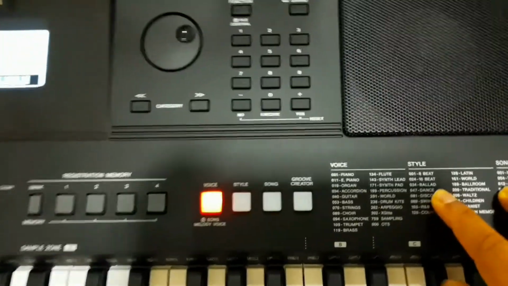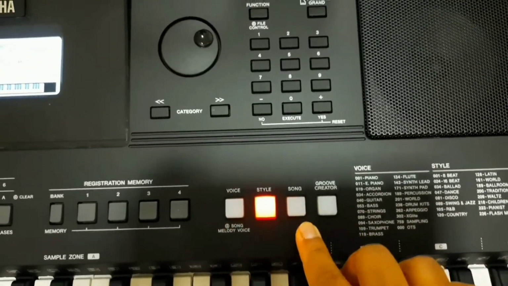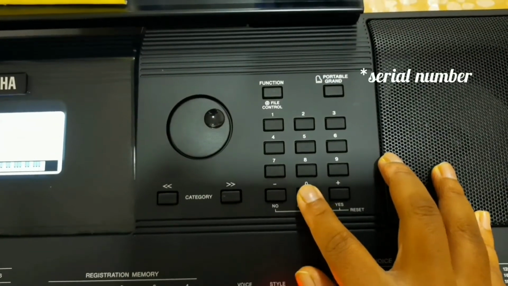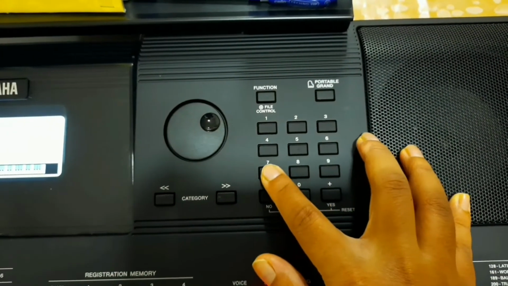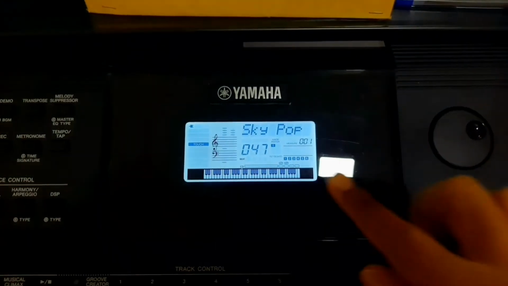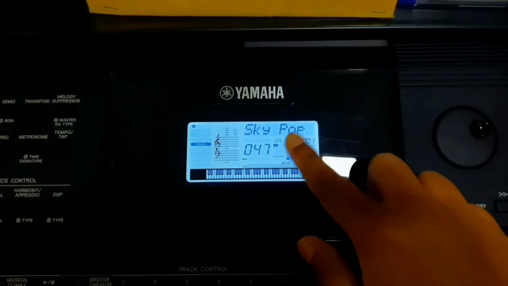So first you need to select the style button and with the help of this keypad, select the serial number 047.